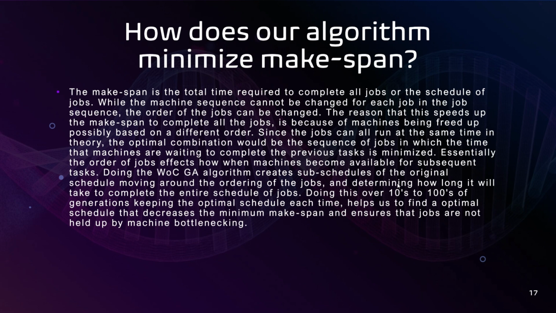So how does our algorithm minimize makespan? The makespan is the total time required to complete all jobs, or the schedule of jobs. While the machine sequence cannot be changed for each job in the job sequence, the order of the jobs can be changed. The reason that this speeds up